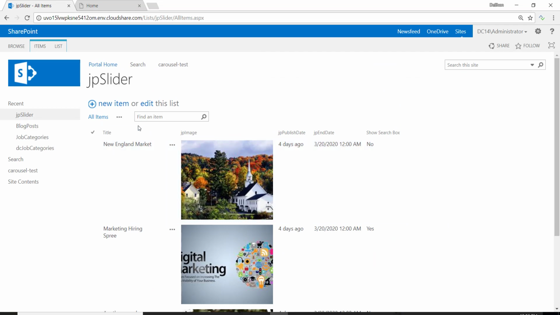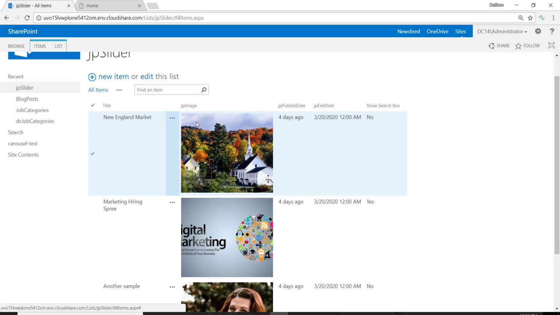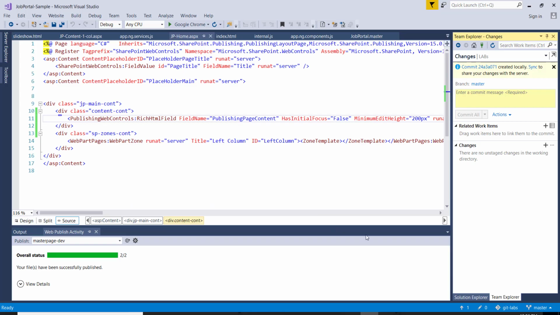And I have this custom list here called JP Slider that's going to give me 3 slides to play with. And it's really basic. It's just the title, the JP image, which is a publishing image column. We have the publish date, the publish end date, and then a flag to show or hide the search box. Now, to implement this, if we switch over to Visual Studio,